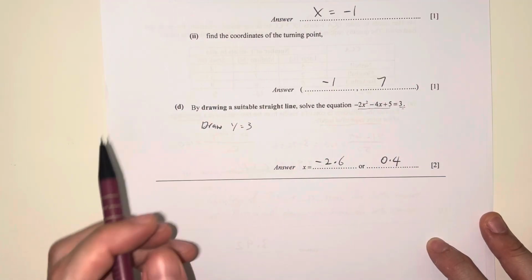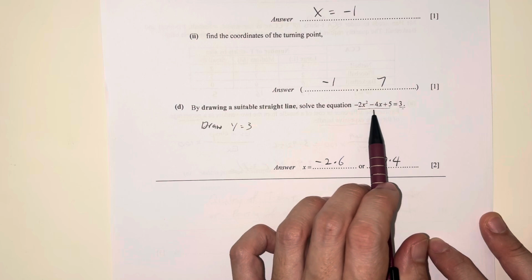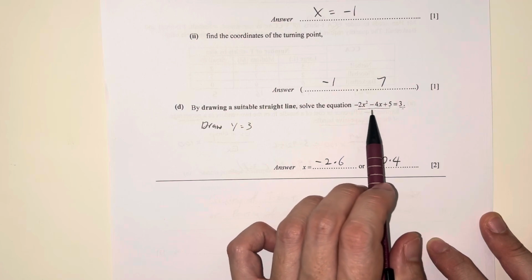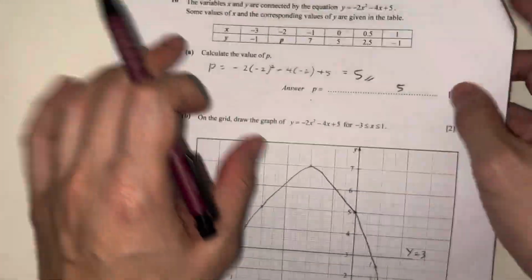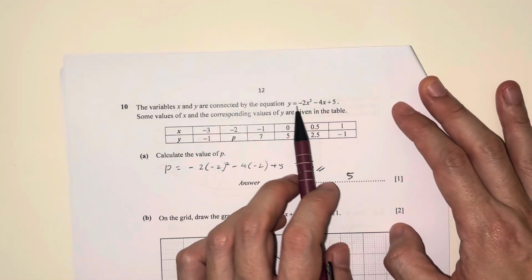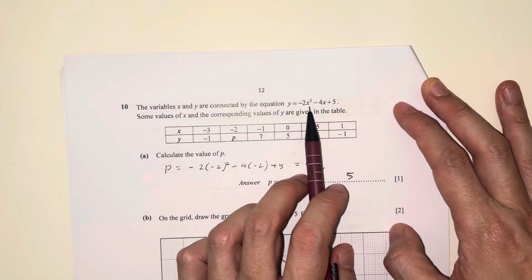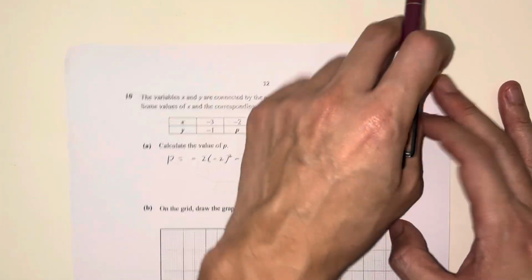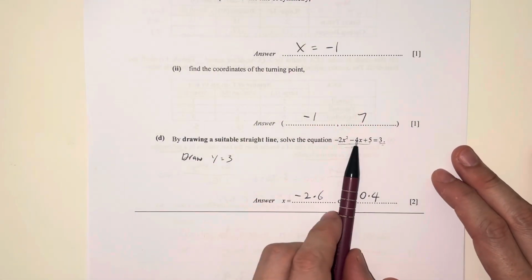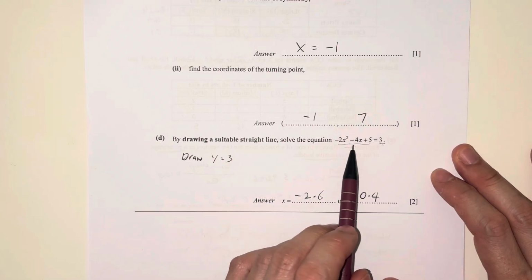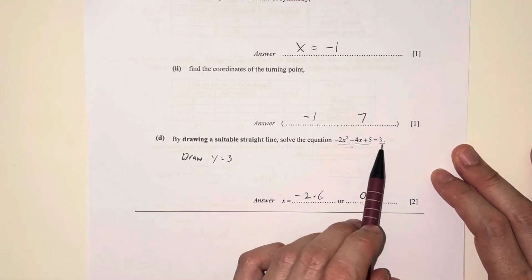So the first thing I need to check is whether this left side expression is the exact graph that I drew, because it may not be. So I check, okay, sure, I drew -2x squared minus 4x plus 5. Let's see whether it's the same. So here, exactly the same. Very good. So that means this graph I've already drawn, which means now I just need to draw this graph,